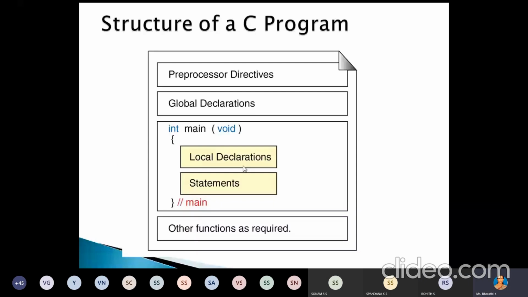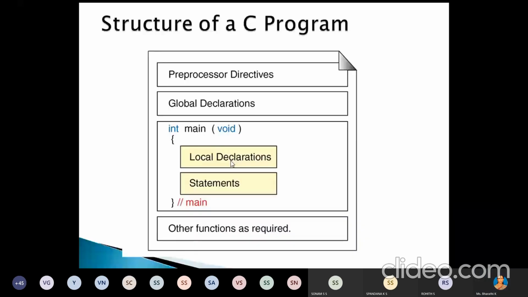Again, here we have one statement that is the local declaration. What is the difference between global declaration and local declaration? A global declaration variable is used all over the program, in any function. Suppose in the program we have different functions; all the functions can use these global variables.